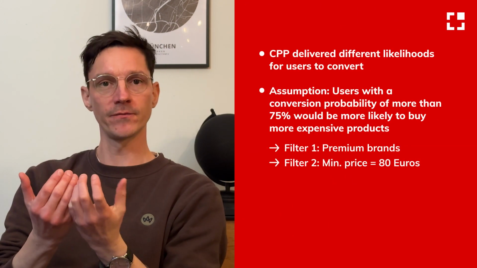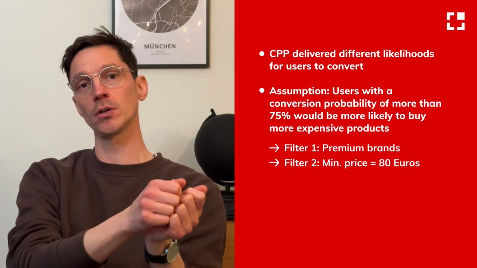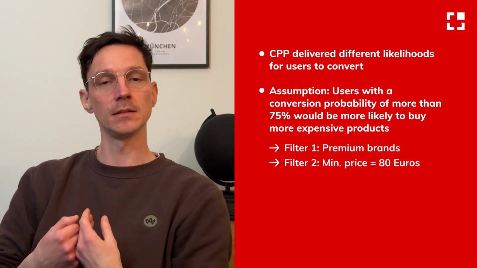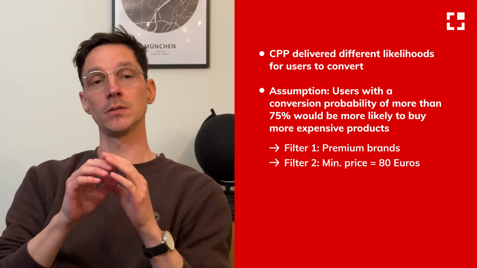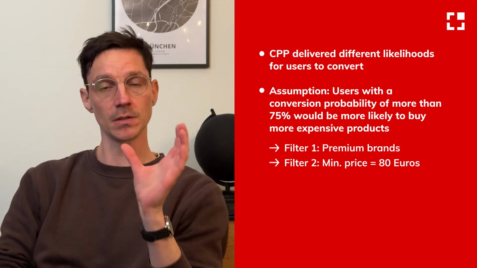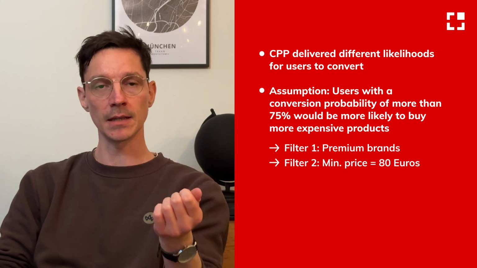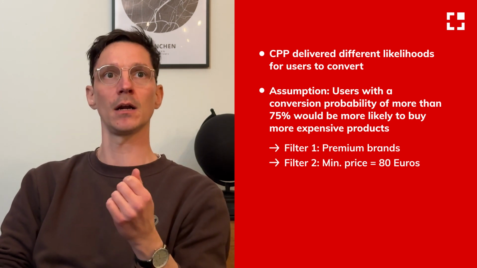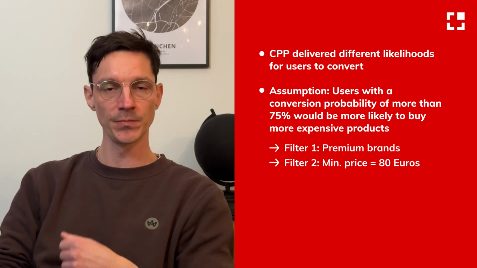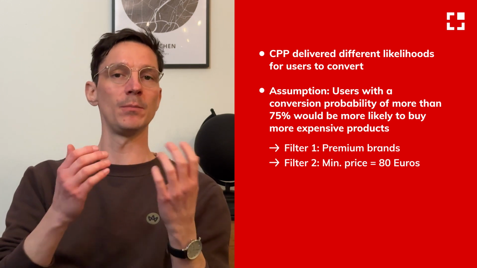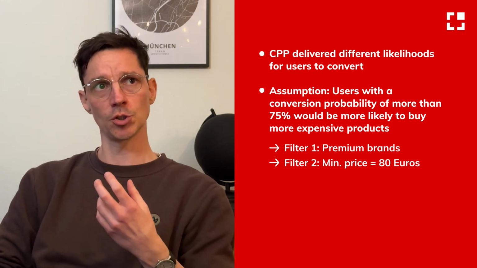So the conversion probability prediction modeling gives you basically the likelihood for a user whether or not he's going to convert or not. So we had the idea that we take these users and put them into different segments. So we had the idea that for the segment with the likelihood of more than 75%, we can change their website experience. So what we did is we've set up an A/B test and we basically changed two things for